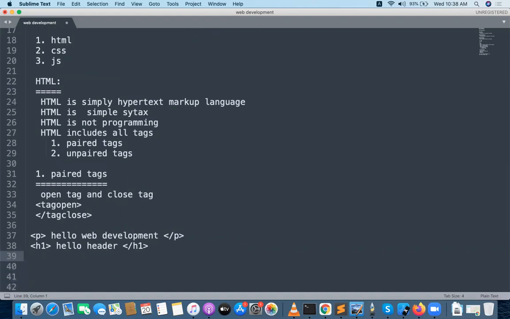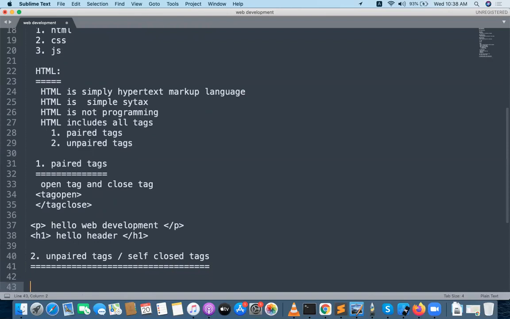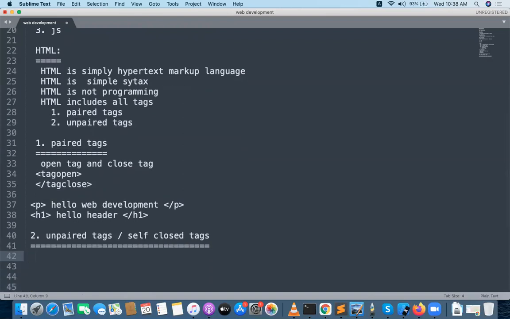Some other tags in HTML are called unpaired tags. Unpaired tags are very important. Unpaired tags are sometimes called self-closed tags. There are a lot of self-closed or unpaired tags, like IMG, which is a self-closed tag, the break tag is a self-closed tag, and the link tag is a self-closed tag.